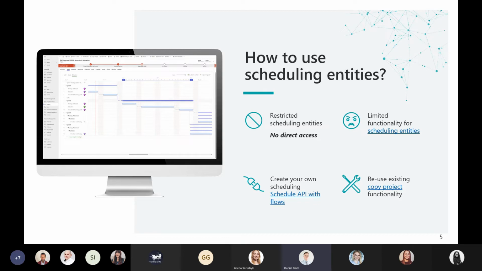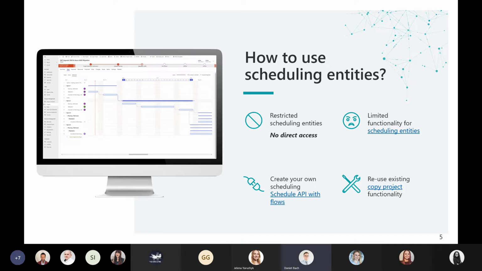Why is it like this? Microsoft is using Project for the web. This is a service, you can call it IP from Microsoft, from the project team. So it's not maintained by the Project Operations team. Therefore, you do not have direct access to the Dataverse entities, so you cannot write a flow, use a workflow,